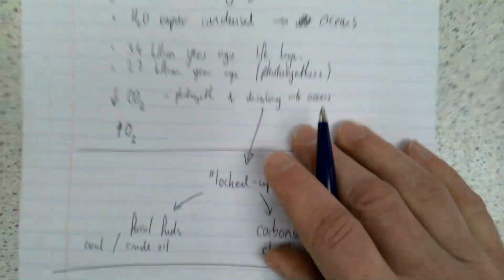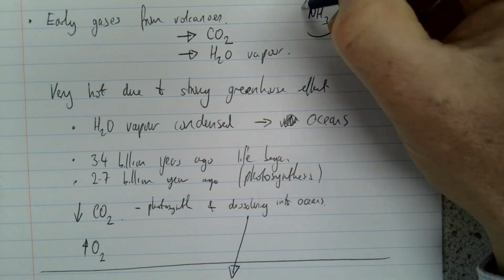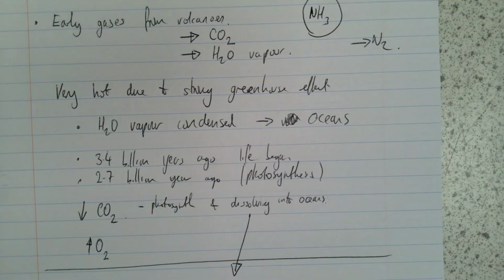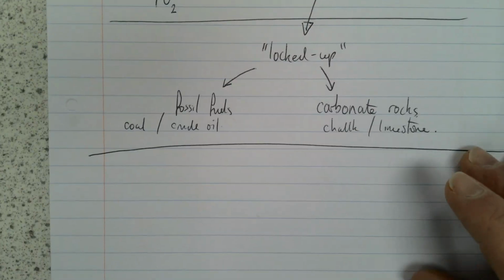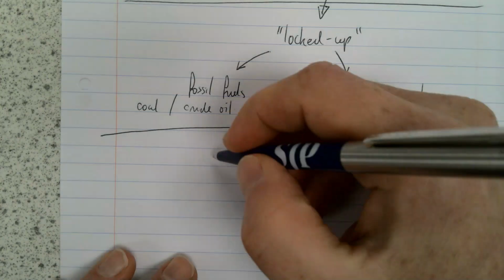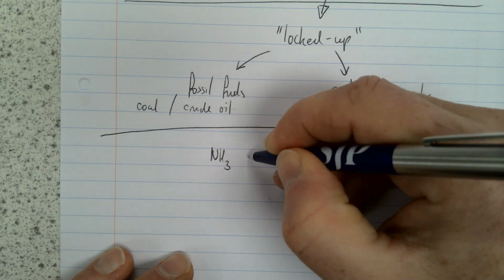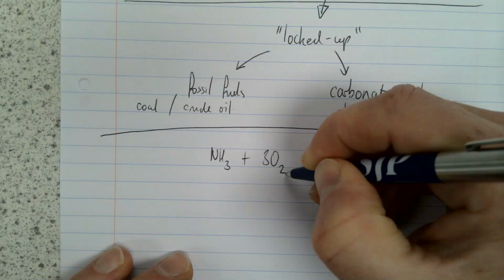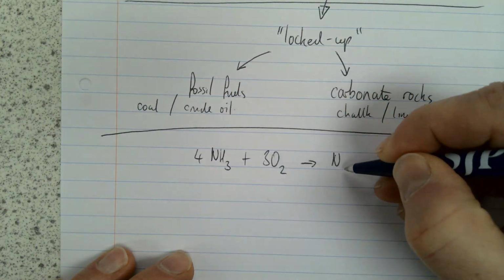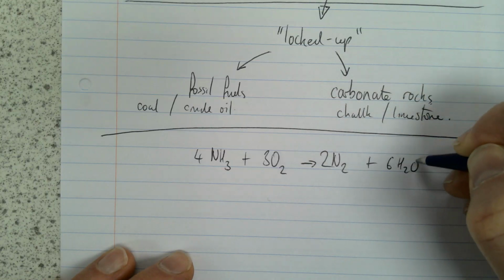There's one more process that I'll cover, which is that ammonia, which was produced. I'll go back to the top there and mention that ammonia was the gas. Ammonia is something we need to know about, isn't it, for the Haber process too. But ammonia was one of the early gases, and it's thought that ammonia may well have reacted with the oxygen that was produced from photosynthesis to turn into nitrogen, so some more nitrogen was produced and water.